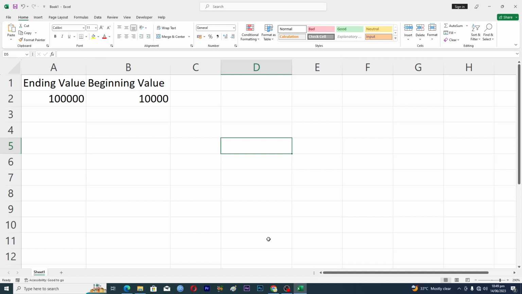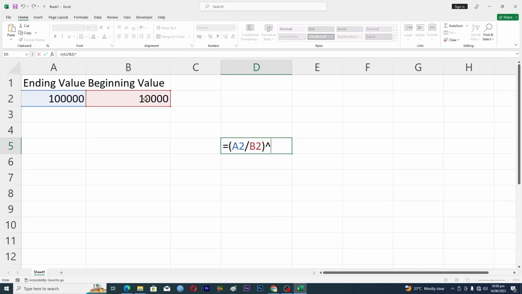Okay, so there is a built-in formula, or there's a formula that you can use to actually calculate the CAGR in Excel. So for this, basically we have these two values here. The first one is the ending value, and then we have the beginning value as well. So you will enter equals, and then you will enter the bracket here, and first of all we have to enter this ending value. So click on this one and then divide, and then the beginning value, and then close this bracket, and then we